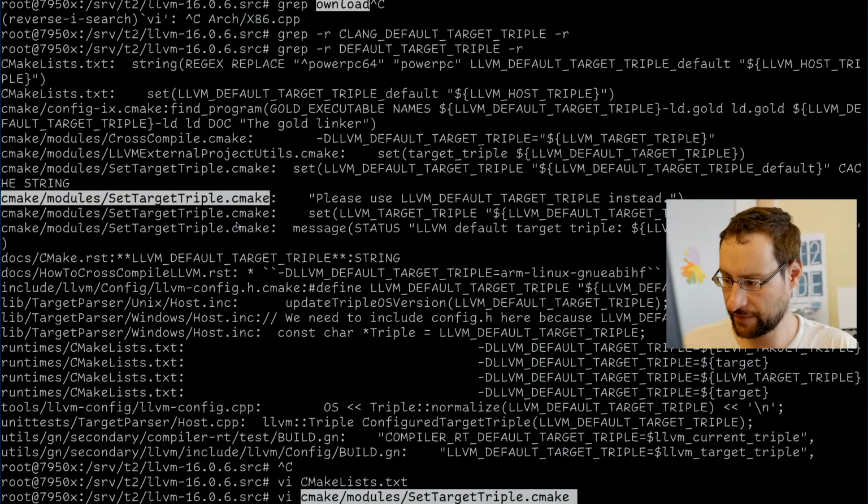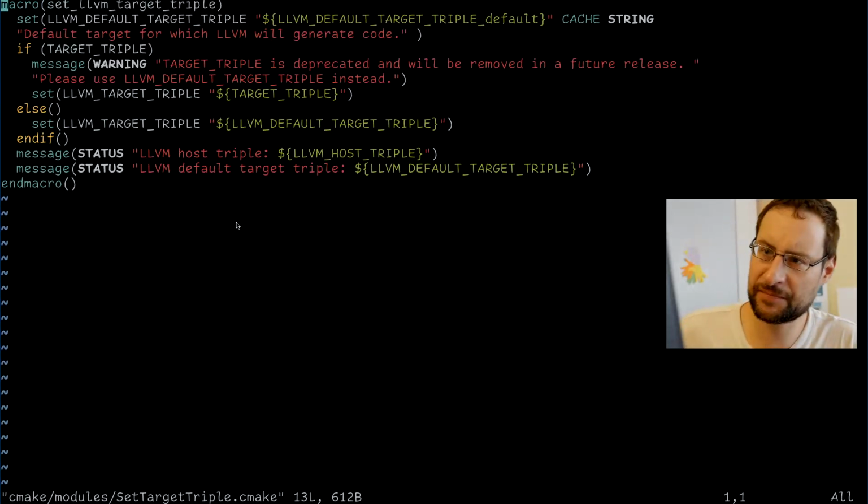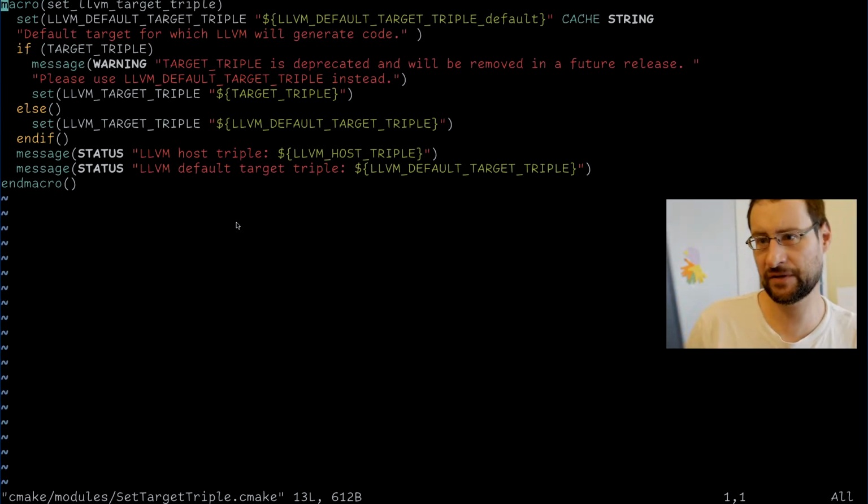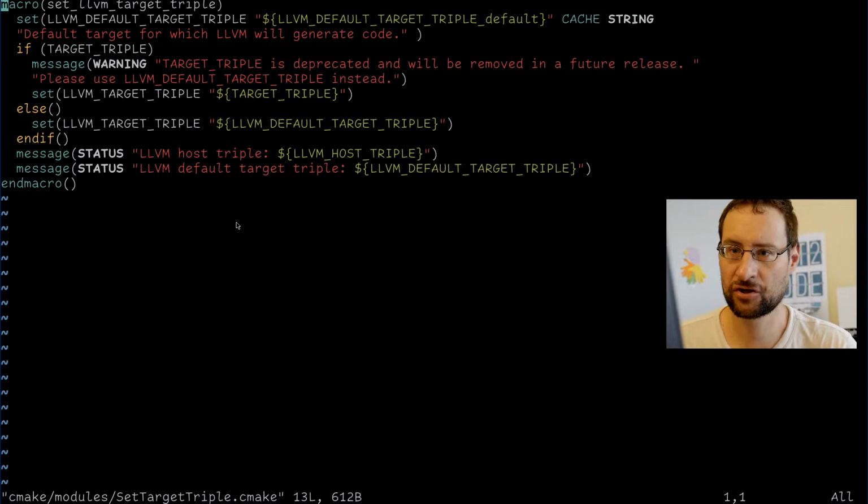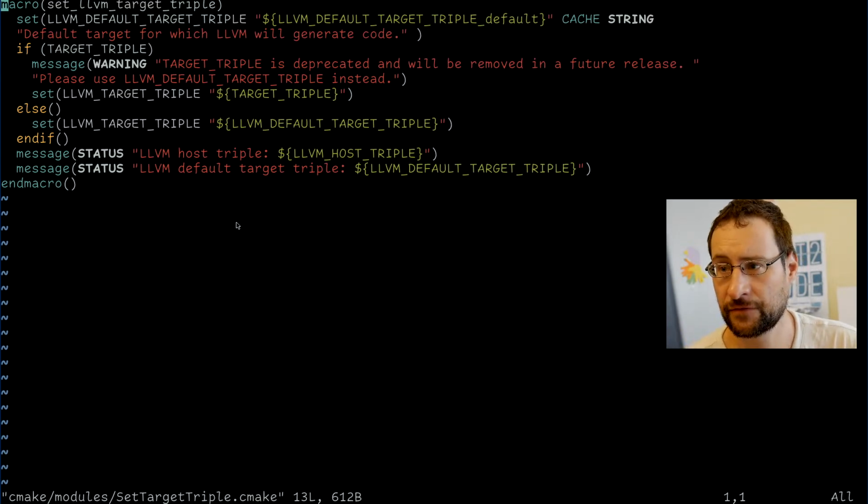I mean, what do they do there? Maybe they broke that. Actually, you know what? Now that I think about it, maybe they broke it for the last stable, current stable 16. Set LLVM target triple, the default target for which LLVM will generate code, is deprecated. Okay, that is just target triple without